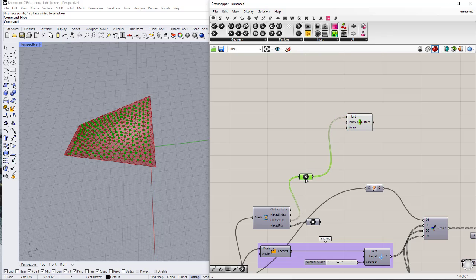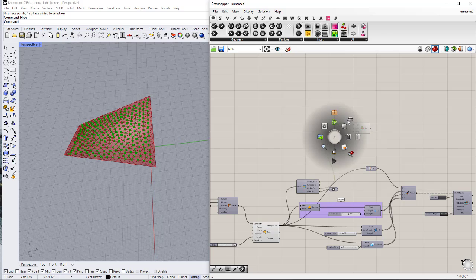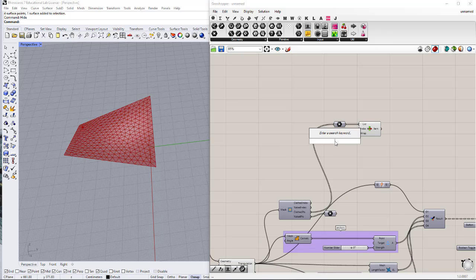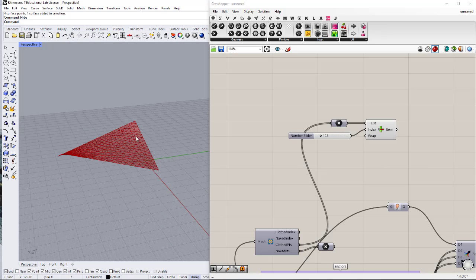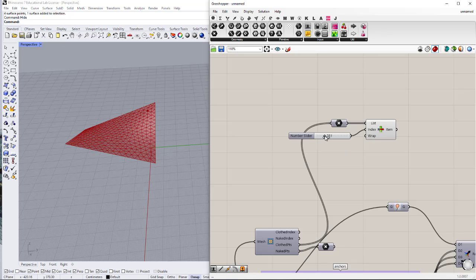And let's see what we will have. So if I hide this one and use a list item index, you can see that now this point is selected,